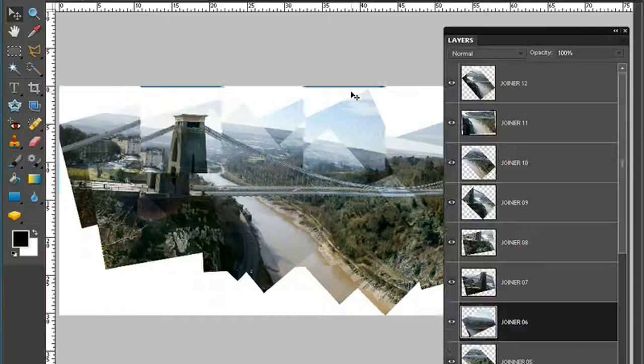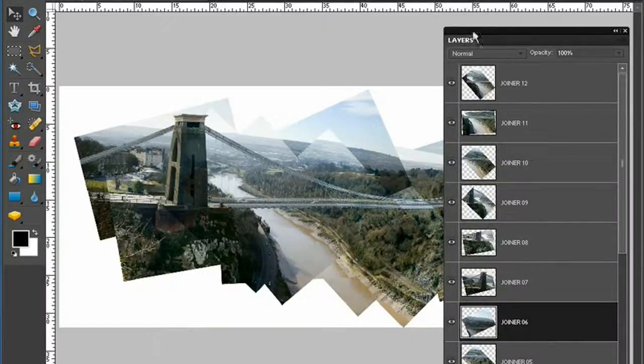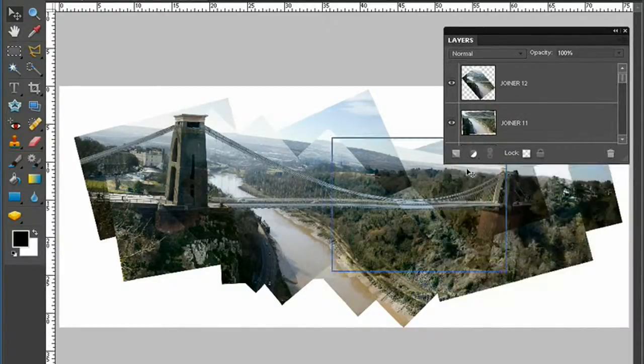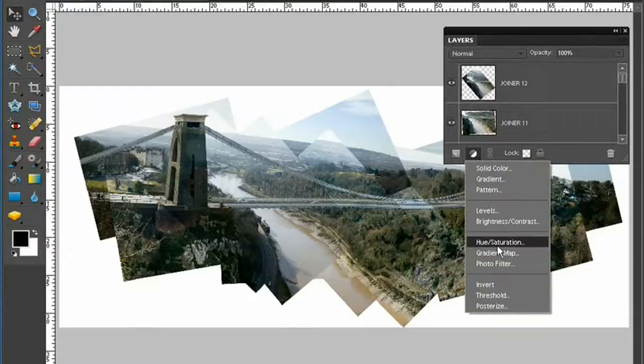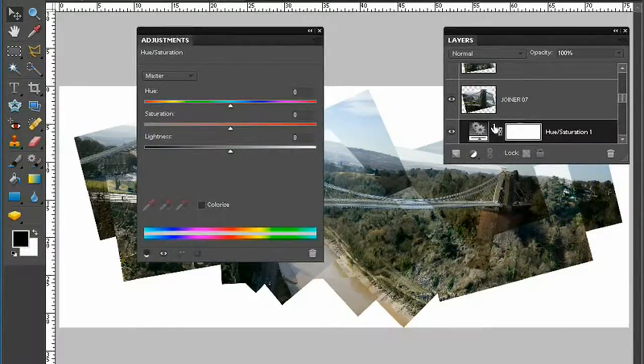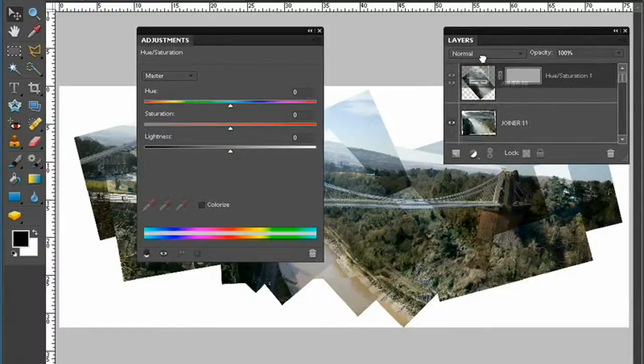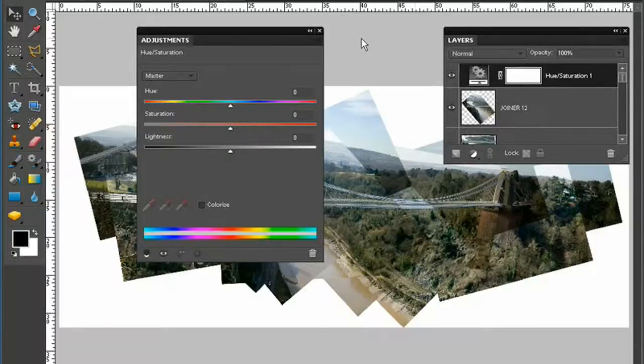so hit tab to get the floating windows, and we'll pop down to the bottom of the layers palette and add a new adjustment layer. So click here, add a hue saturation one, and that will just appear, and you can then drag it to the top of the layer stack by clicking and dragging like so. Make sure it's above Joiner 12 to affect all of the photos, and then just boost the master saturation to around about 30 should do the trick. Hit tab, and there is our improved colours and tweaked tones and our final